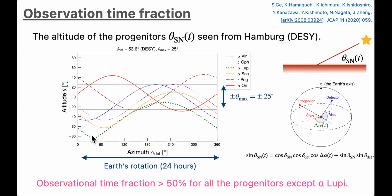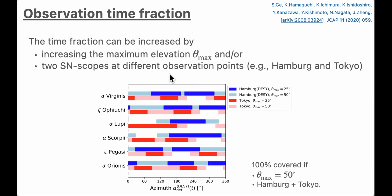But since the supernova itself is a very rare event, maybe not within our lifetime, we don't want to miss such a rare event. So we can increase this time fraction in two ways. One is, of course, simply increasing the maximum elevation. If you take the maximum elevation angle from 25 to 50 degrees, then the time fraction...